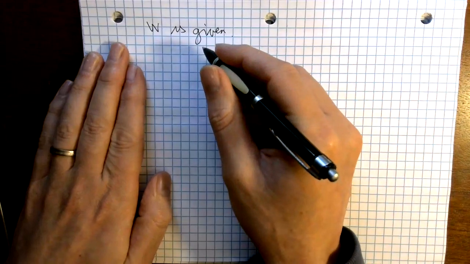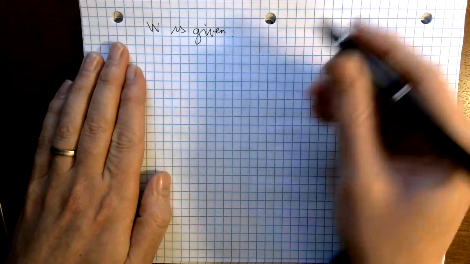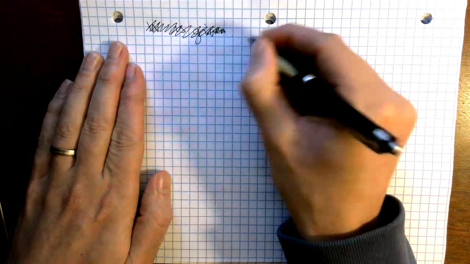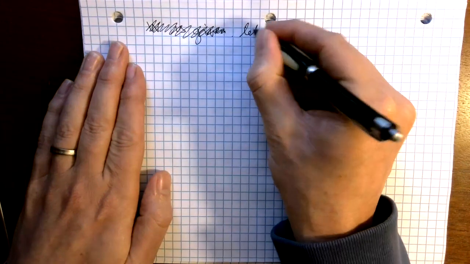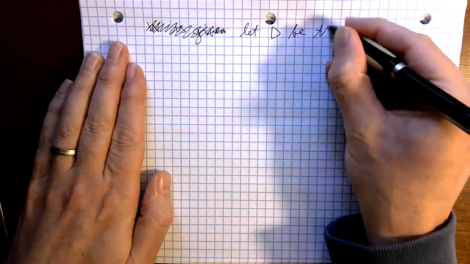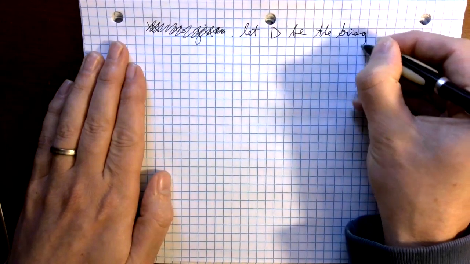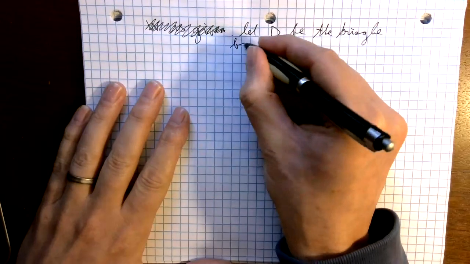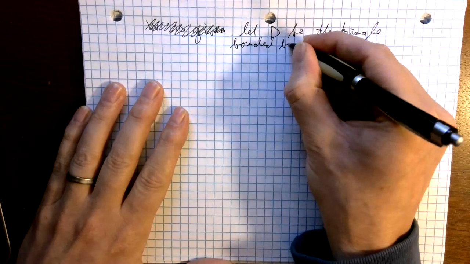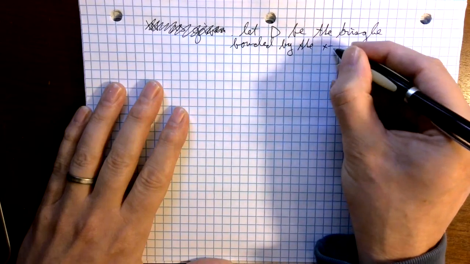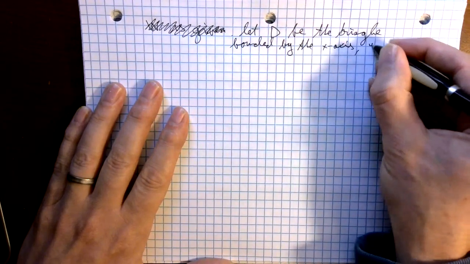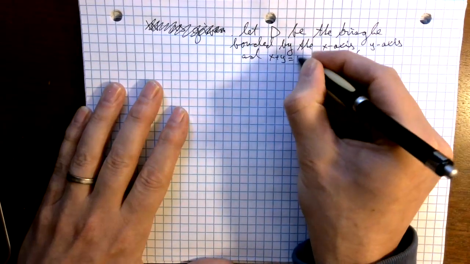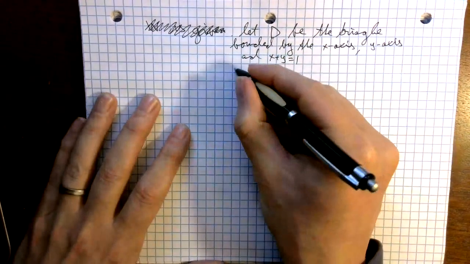I wanted to say, let D be the triangle bounded by the x-axis, y-axis, and x plus y equals 1, by these three lines, and W is